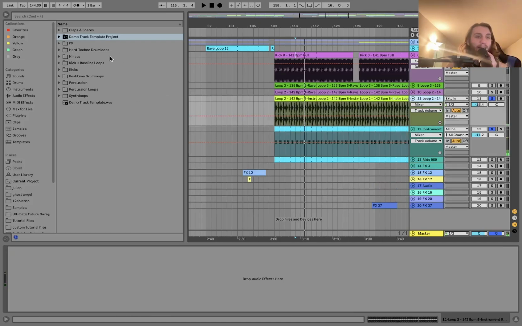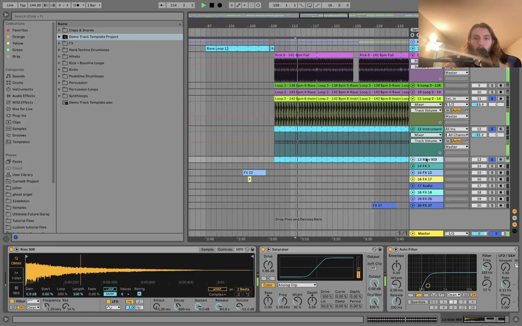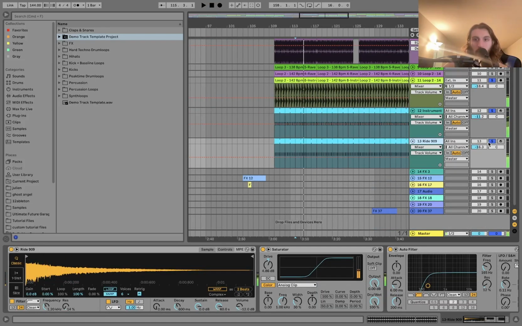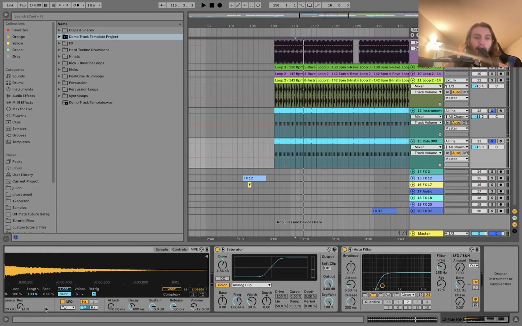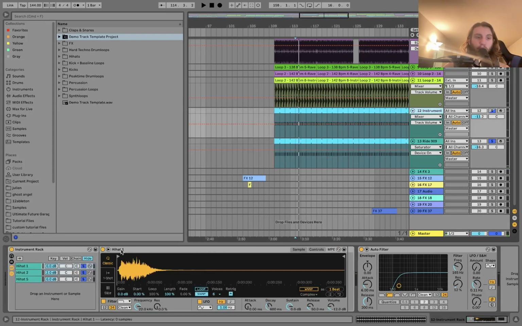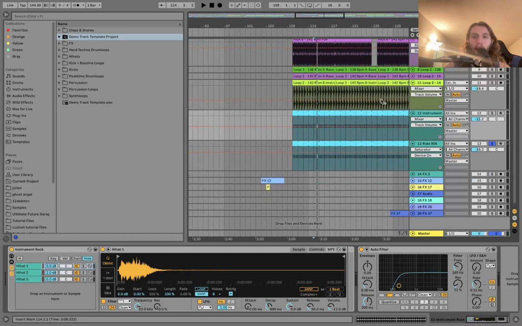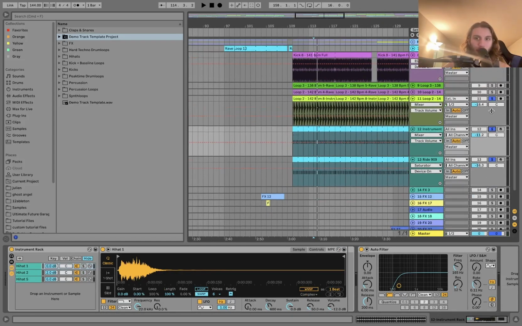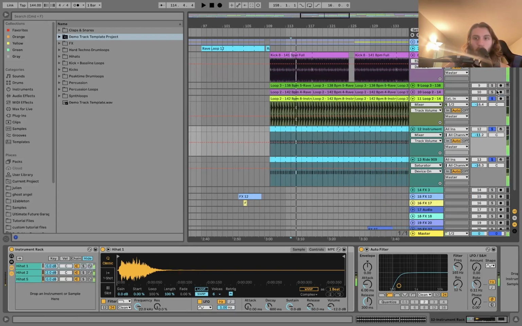We got a snare from this library as well. Right, plus this ride. Nice 909 ride, high pass, a little bit of saturation, just to make it a bit more punchy and full. And then we're high passing that. So we've got that, and then from there is where you can add a little bit more percussion. Like I always like to get these ones grooving. And then you can worry about